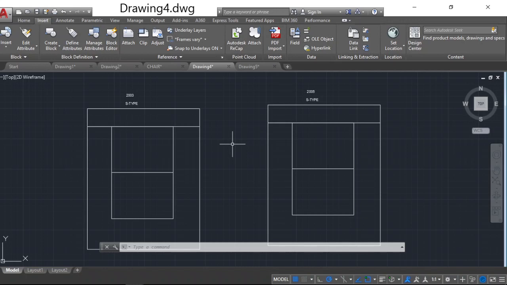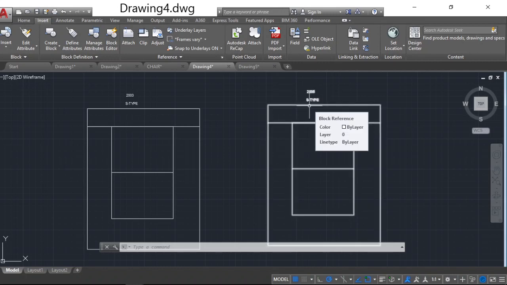An attribute is a label or tag or name text that attaches to the block. Here this is a block, and this block is attached with some text. This text we can call attributes. Here two attributes are there. These two attributes give some extra information related to that particular block.